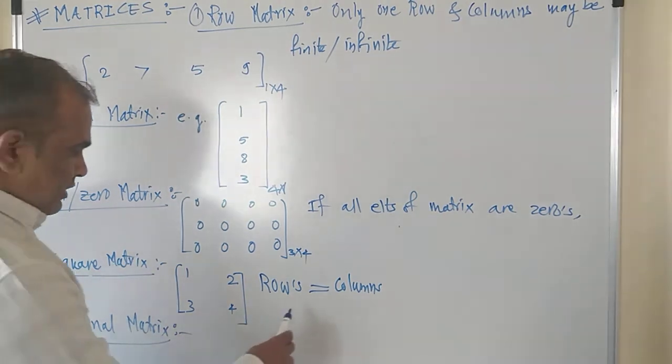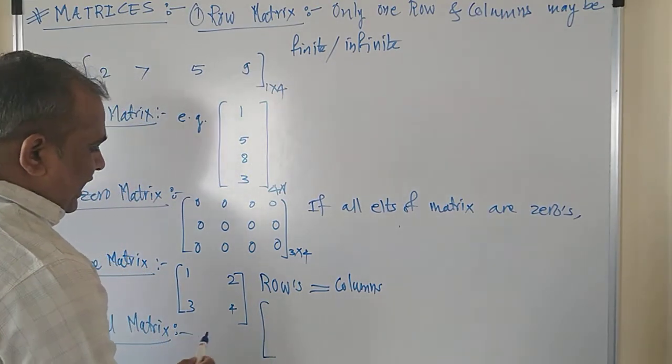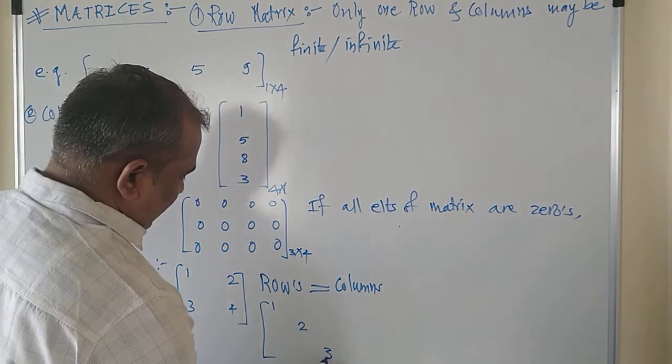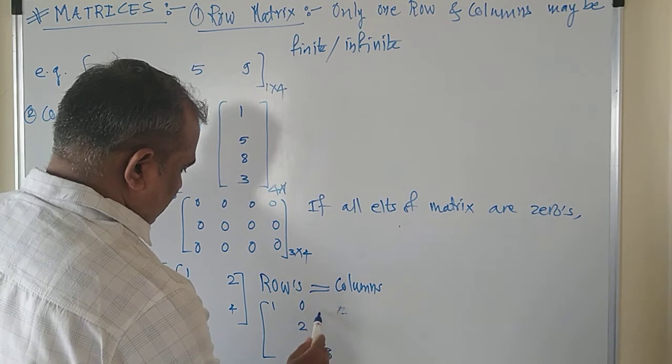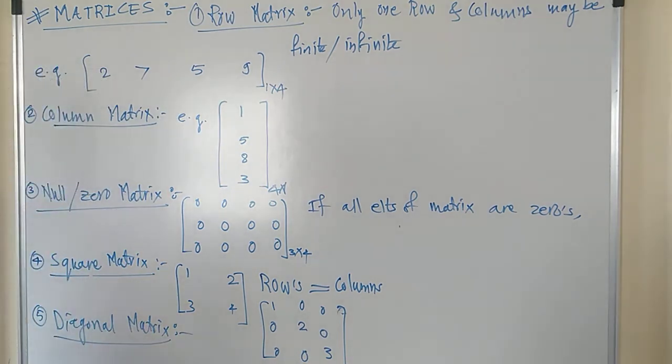Let's take an example. Suppose I write here: non-diagonal elements are all 0. Let us say 1, 2 and 3 are the diagonal elements. Non-diagonal elements must be 0, so this must be 0, isn't it? This is called a diagonal matrix. A diagonal matrix is a square matrix. What are the conditions? Two conditions. First, it must be a square matrix, that means the number of rows and columns must be the same. And the second condition is that non-diagonal elements must be 0. It's called a diagonal matrix.